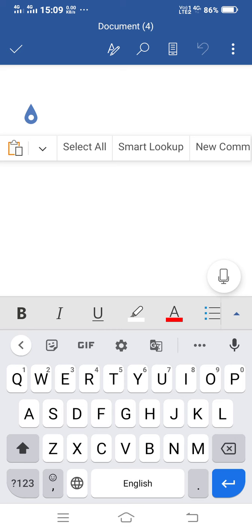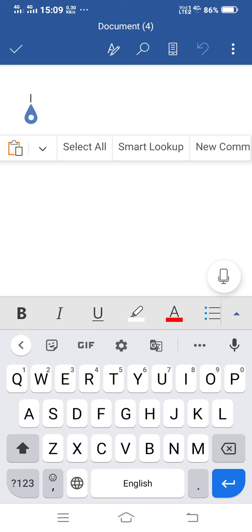Here on my keypad you can see at the right side a small mic icon is there. I will just click on that icon and speak a few lines so that you will know this interesting feature of smartphone Microsoft Word. There is no need to do manual typing. We can just click on this mic, we will speak and our sentences will get typed automatically.